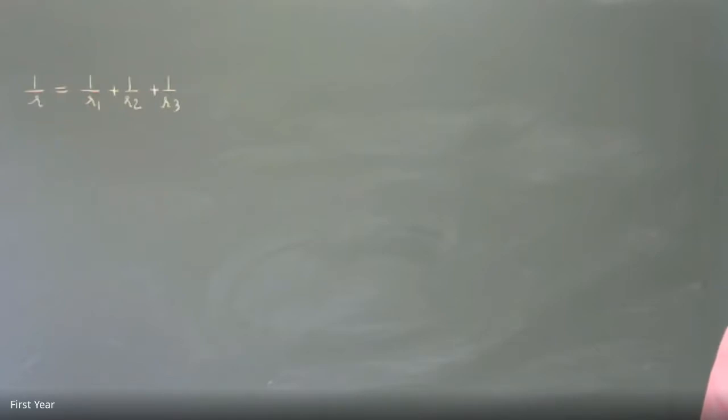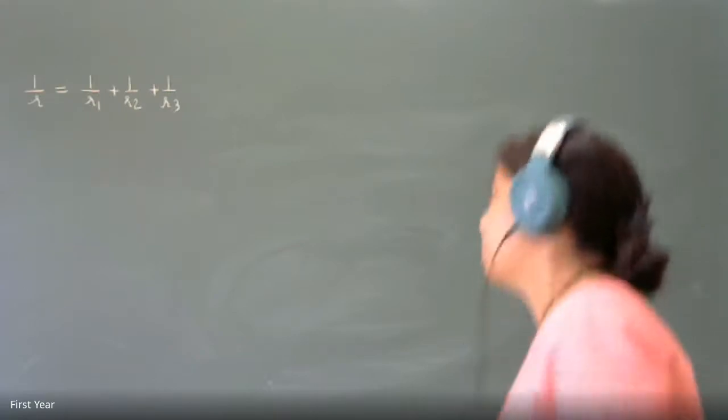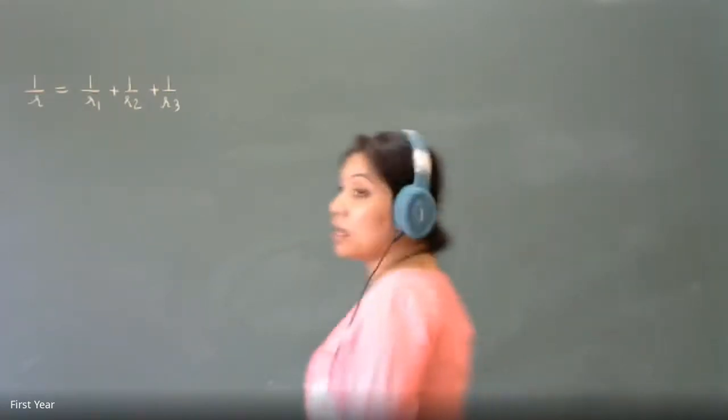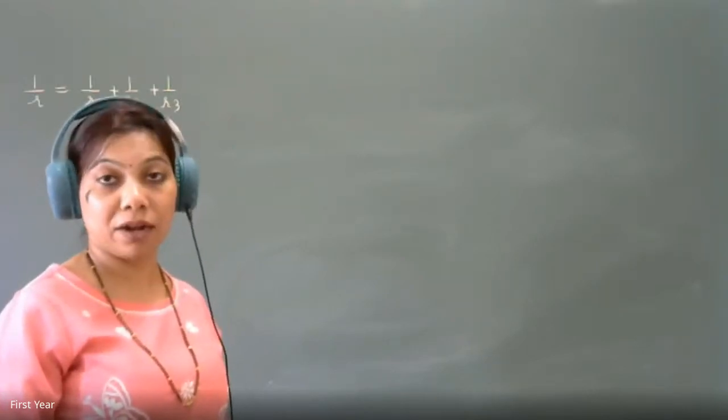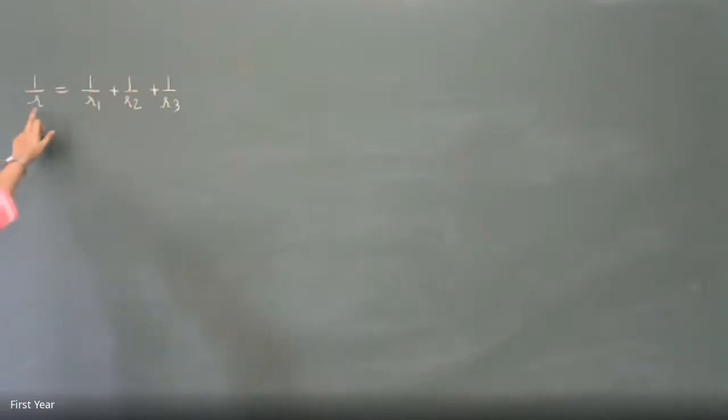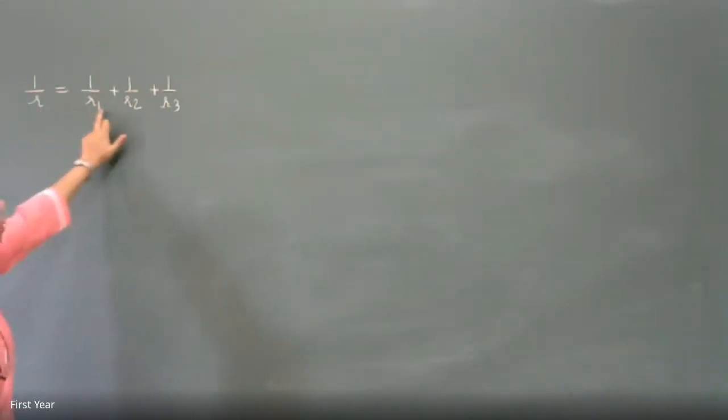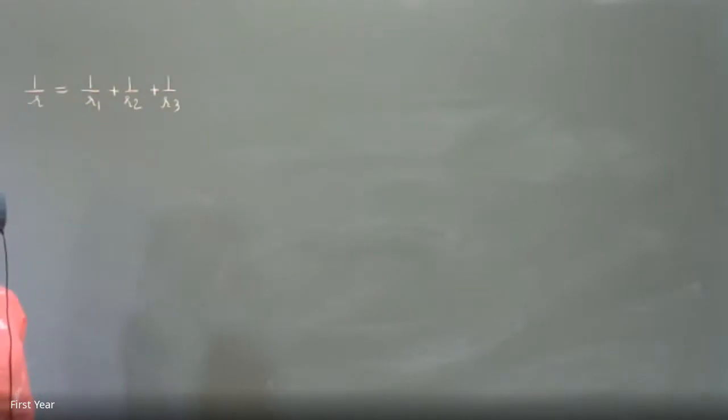If each of R1, R2, R3 has errors of plus 1.2%. Okay, so what is given to you? You are given that R1, R2 and R3 are three resistances which are in parallel, resulting into the resistance R, and the formula is given to you which is relating them. You have to find what is the percentage error in this R if you know the errors in R1, R2 and R3. How are you going to go about this?